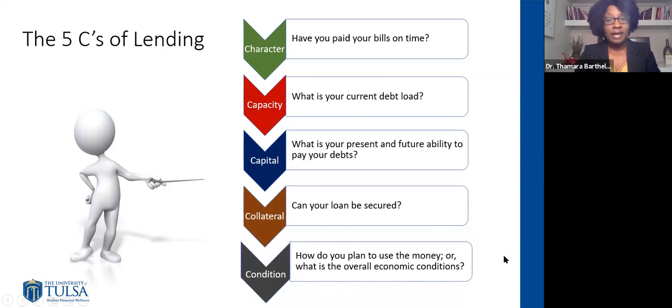So if we don't have a job, then chances are our lender will not consider us as someone they can extend credit to. And fourth is collateral. Collateral, pretty much we've described earlier, is how can you back your loan, especially if it's a high dollar amount loan,